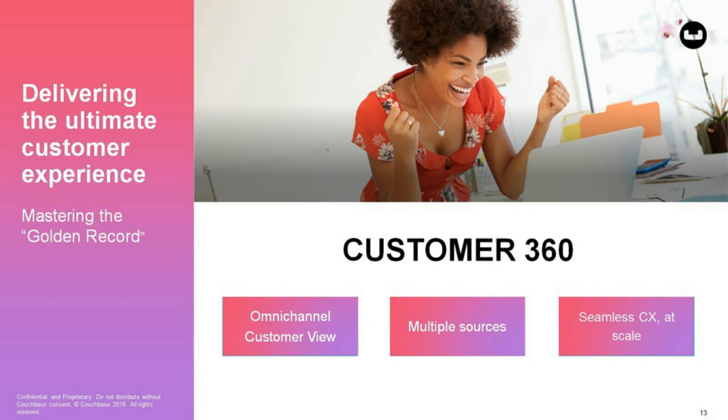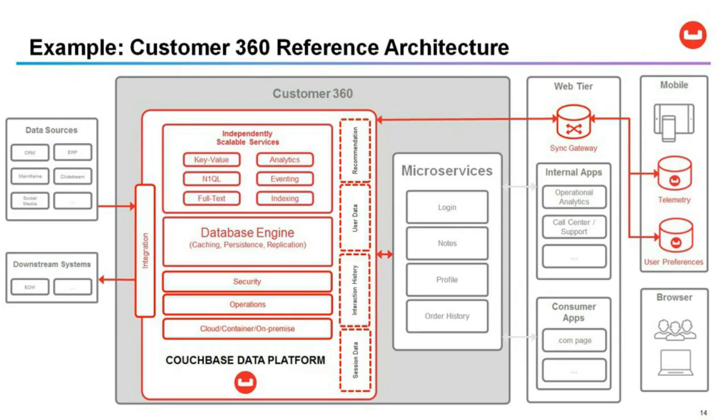Okay, so this is all great, but what you might be asking is how is this applied in the real world? So let's just go one level deeper here. If you were to look at an example of how to build a customer 360 solution with Couchbase, this is what a typical architecture might look like. So there's a good amount going on here, but what I'm trying to do here is show the various components of a C360 solution and how all of those might work together.